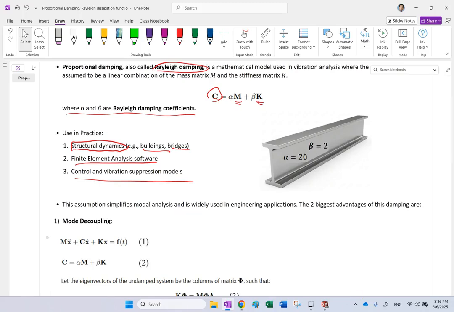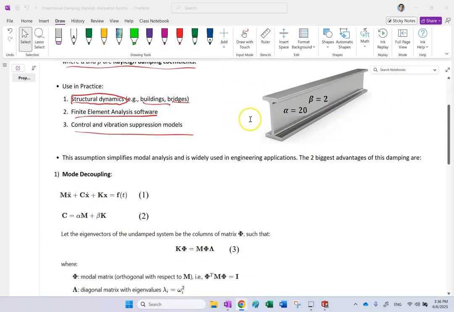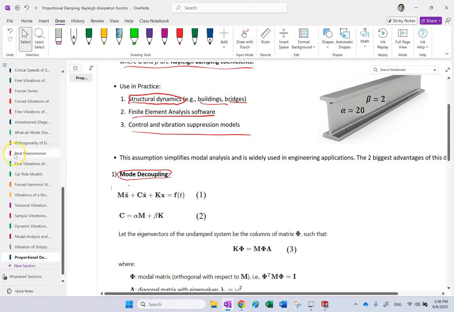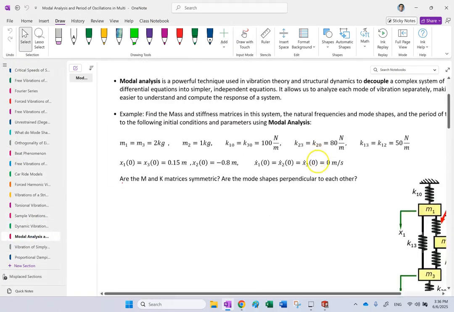So is this based on physical principles and observations? Not necessarily. This is mostly a practical thing and an approximation. Why? Because the best thing about this is it allows us to still decouple the modes of vibration in a system and do the same thing that we did in systems with no damping. Remember, if you watched my recent video on modal analysis, let me show you the video I just recently published on modal analysis. You saw that